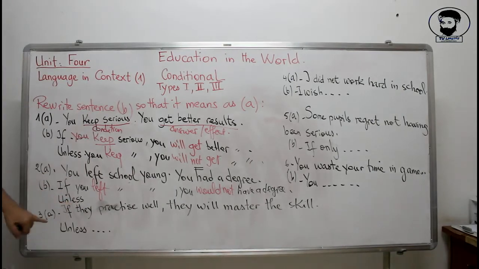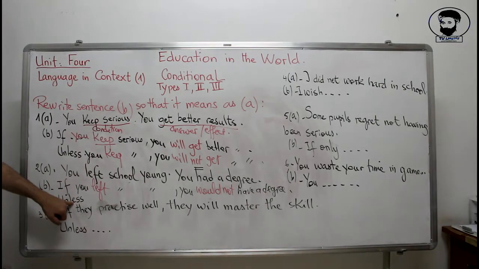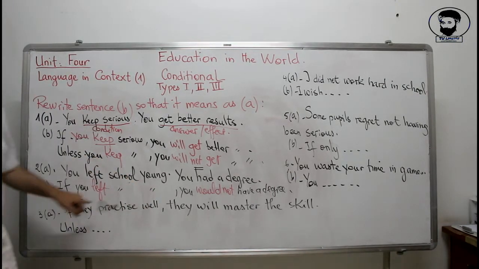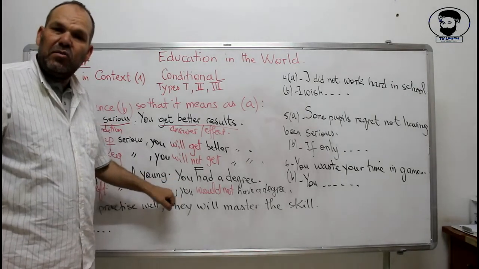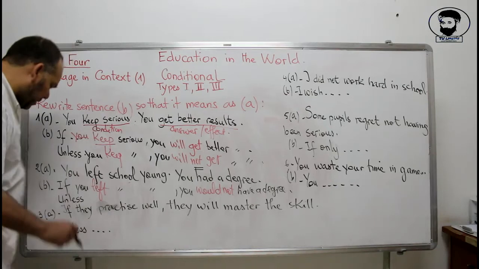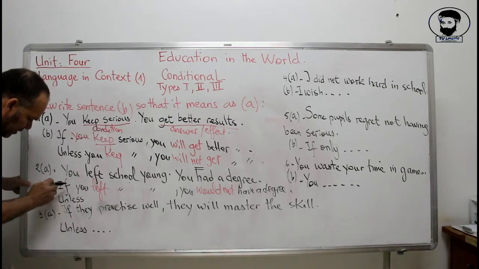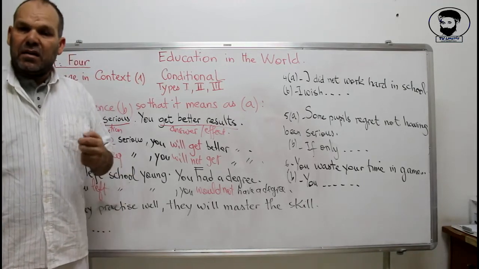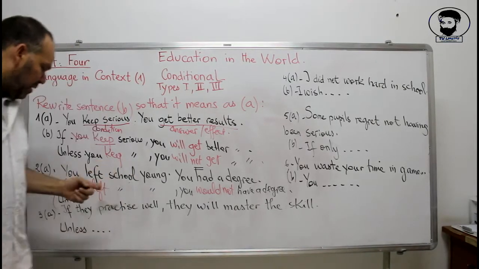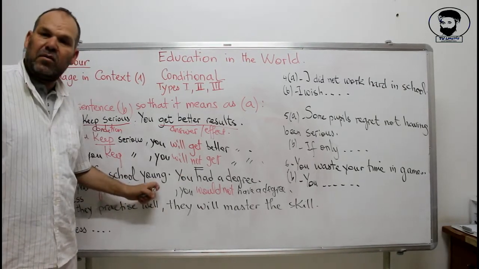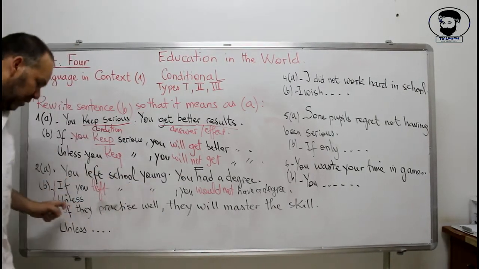Now, with unless, this form: unless you left school young, you wouldn't have a degree. You're getting the same form because the two are expressing an idea that you didn't have a degree because you left school early or younger. Unless you left school